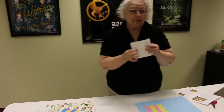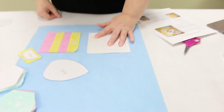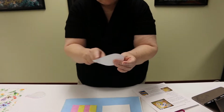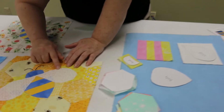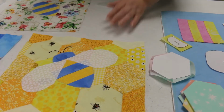I chose to give you bigger blocks than you probably need because I wanted to make sure that you'd be able to get the whole wing on it. On these, you're getting one in each direction. If you look at it, you can see that there's a straight edge and then the rest is kind of curved. I wanted everybody to have that distinction. You can see here that that straight edge I put straight across and appliqued it down with just a zigzag